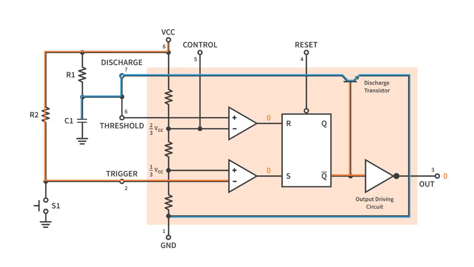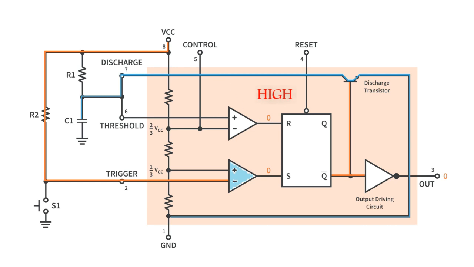When a negative 0V pulse is applied to the trigger input, pin 2, of the monostable configured 555 timer oscillator, the internal comparator, comparator No1, detects this input and sets the state of the flip-flop, changing the output from a low state to a higher state. This action in turn turns OFF the discharge transistor connected to pin 7, thereby removing the short circuit across the external timing capacitor, C1. This action allows the timing capacitor to start to charge up through resistor R1